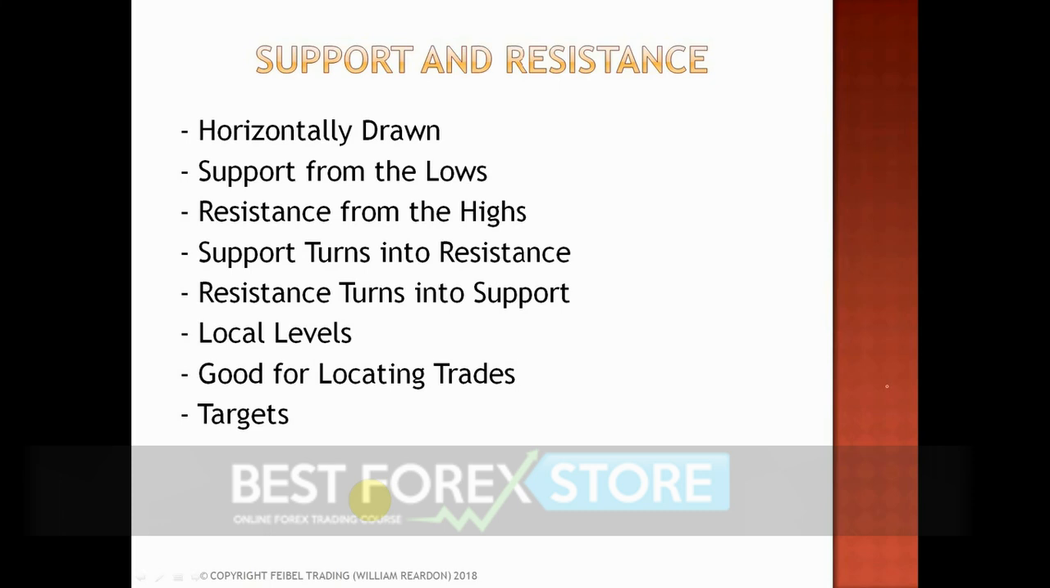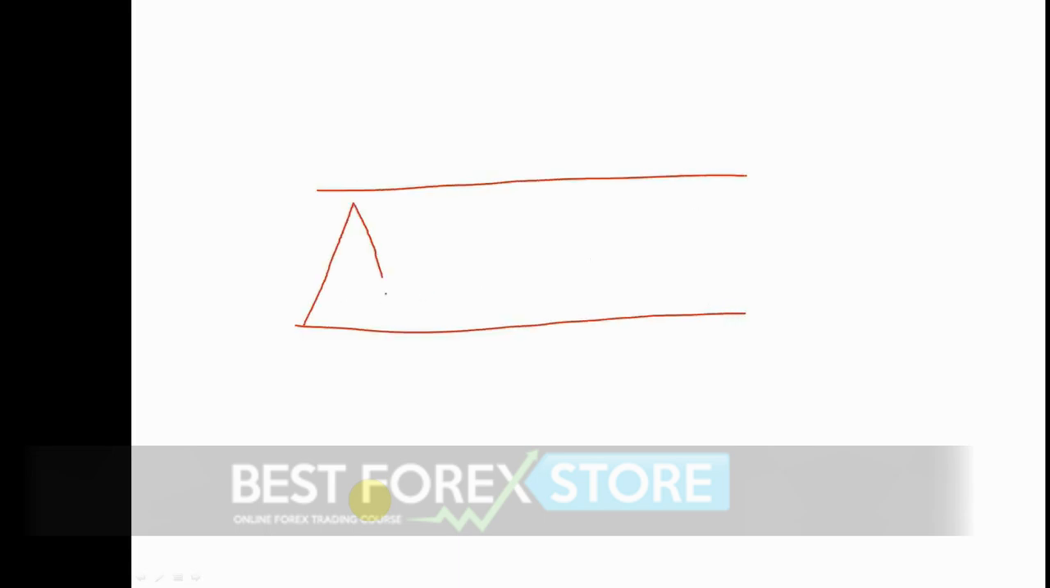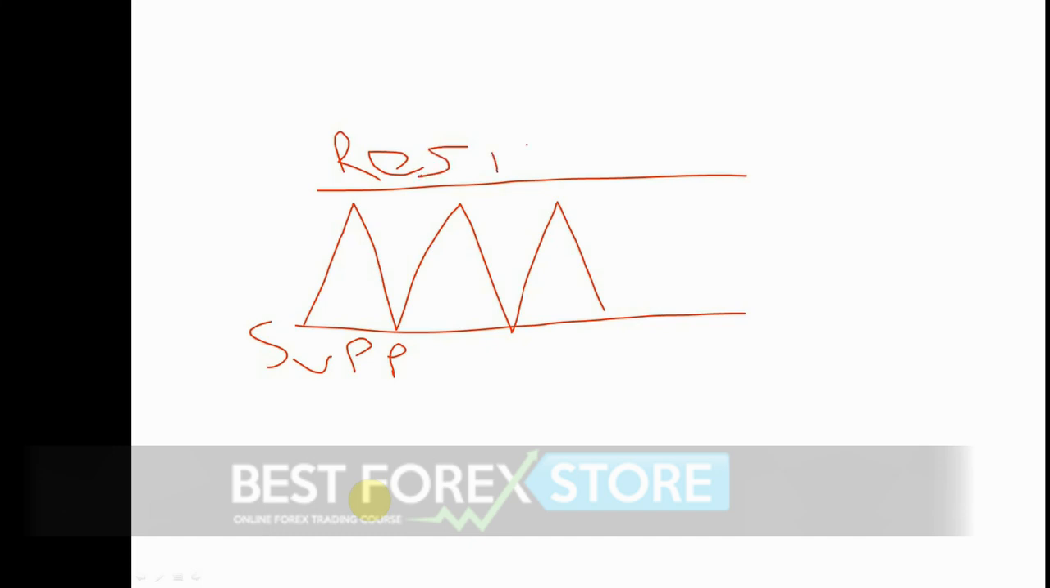Well, what do I mean by this? Let's go through this quickly. So it's horizontally drawn. And if price is bouncing between here, this would be support, and this would be resistance. Excuse my writing, I'm using a mouse. Resistance, we get the picture. And so when we come back down to support, we'd expect demand to come in and we'd rally back up